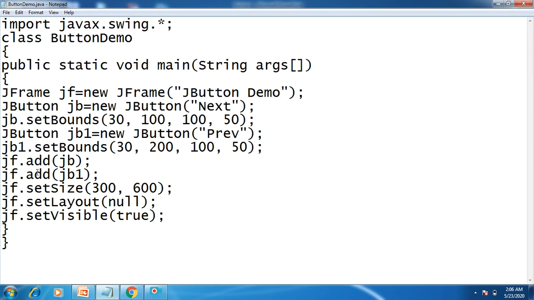Then add these two buttons to the frame. So I have used JF.add(JB), JF.add(JB1), and set the size of the window, layout, and make that window visible to everyone by passing a true value.